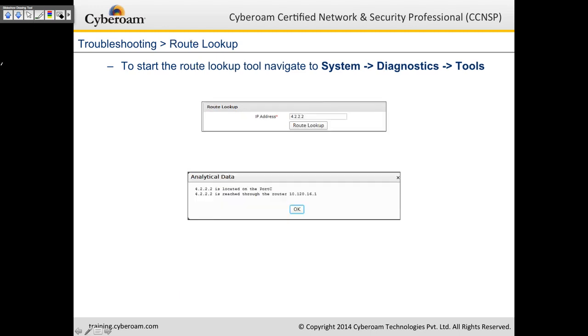Similarly, you've got another tool which is called the route lookup. If you want to check where exactly this IP address is located, you can put in an IP address and click on route lookup, and it says it is located on port C and reached through the router